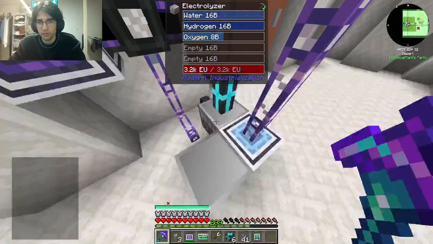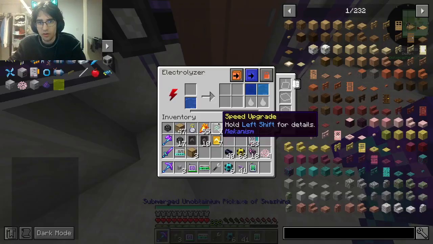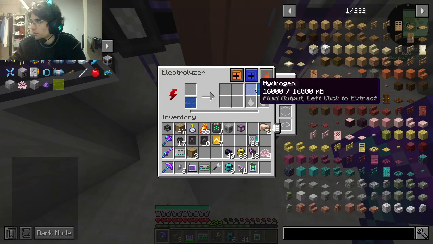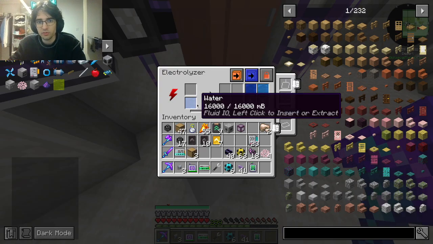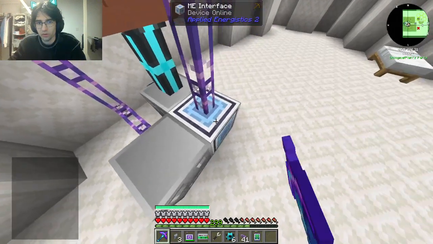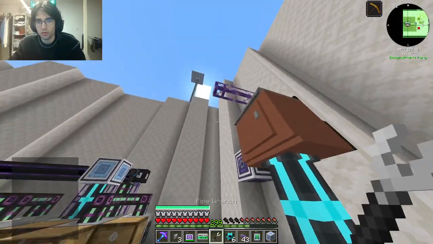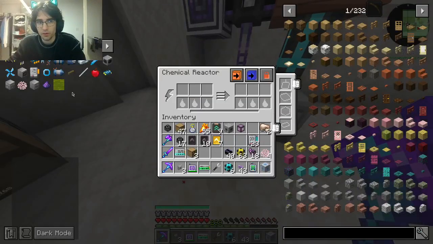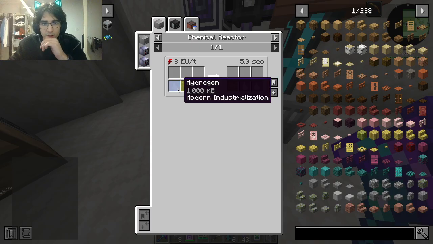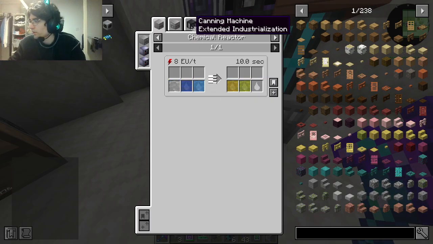And I think I want fluid auto eject, and I want to set this. Frick, do I want to do that actually? Because this has pretty much infinite water, right? So it'll fill my system with hydrogen and oxygen. So I don't think I actually want to have this here. Okay. So to get the chlorine, we wanted